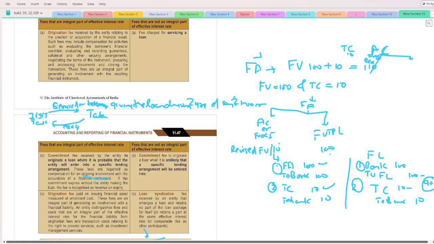Commitment fee to originate a loan when it is unlikely. So this is what it is written. The commitment fee to originate a loan when it is unlikely that a specific lending arrangement will be entered into. So if it is unlikely that, okay, Tata